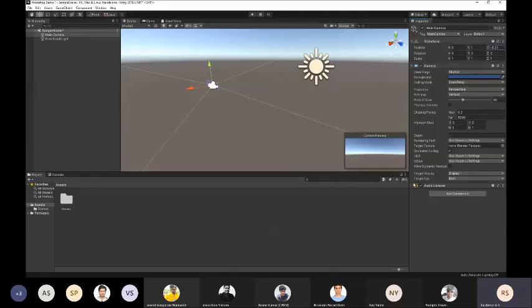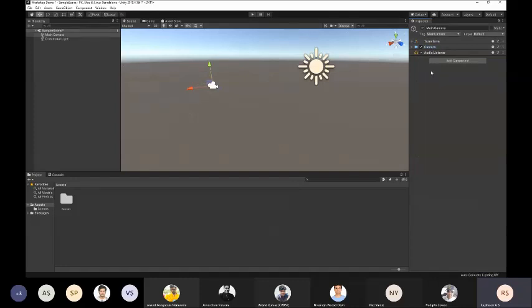And this entire thing is called another component. So this is the camera component, this is the transform component. The camera component has all the properties of the camera, and there's another component called audio listener. And you can also attach more components to that object if you want, and I'll get back to that later on.